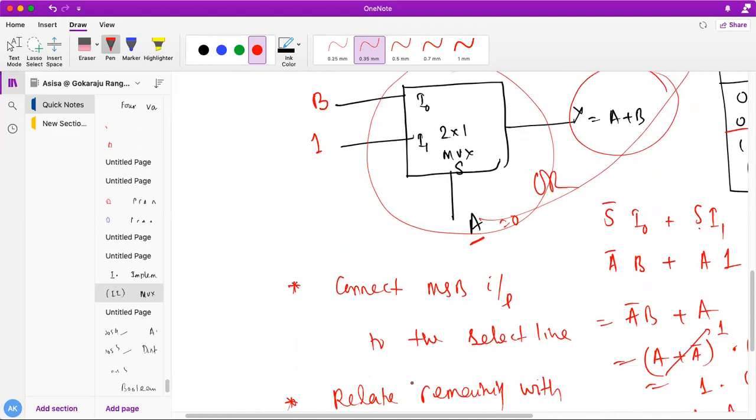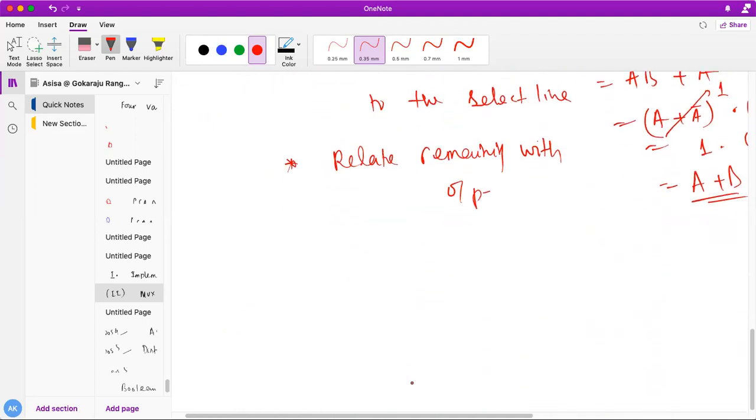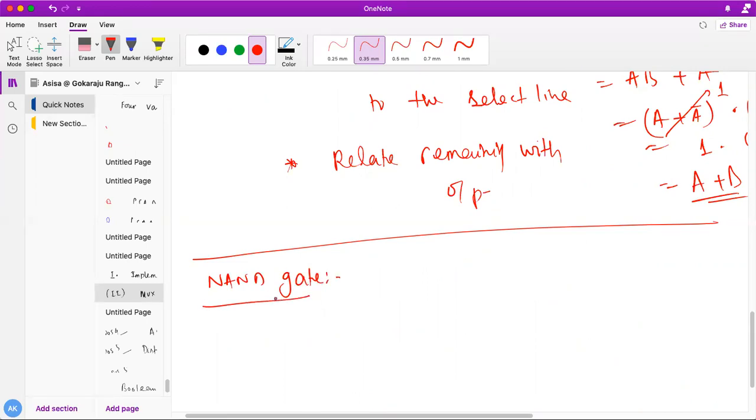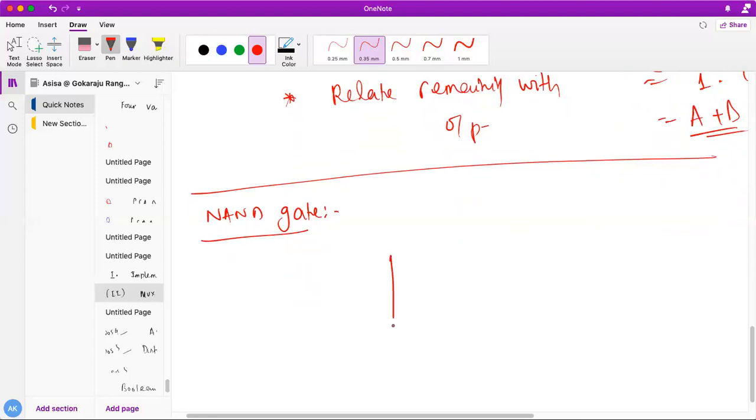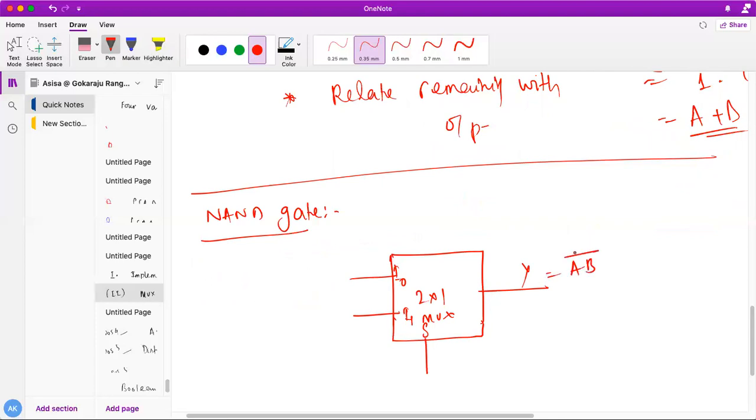If not, we'll go for the next gate, NAND gate. Okay, so NAND gate next. So very important concepts I am telling now, students. So NAND gate, how to design a NAND gate using your 2x1 mux. So obviously see here what I'm doing. So I will always have a 2x1 mux here. So this is my 2x1 mux. So obviously these are two inputs, I0, I1, select line S, and output is Y. What I am expecting here as my output is A B bar. It is a NAND gate.